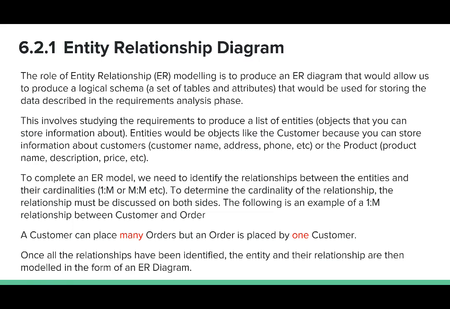What do I mean by that? I mean, for my customers, I need to store their name, their address, phone number, and email address, things like that, right? I need to store information on my products. So for the product, it'll have a product name, a product ID, a description, a price, things like that. So what I'm trying to show you is what the entities are, and an entity is anything you can store information about, but I also gave examples of the information you'd store about it.